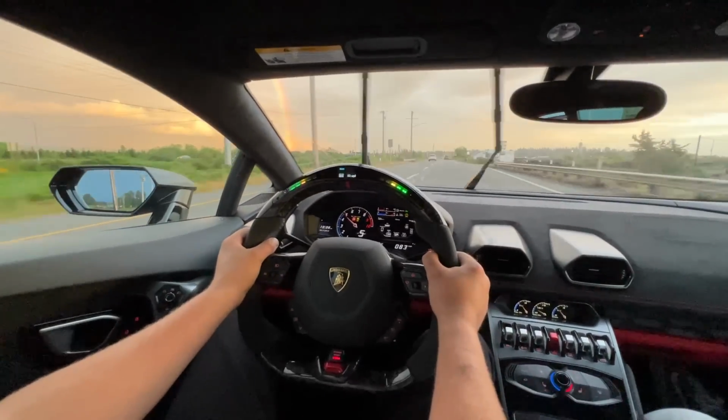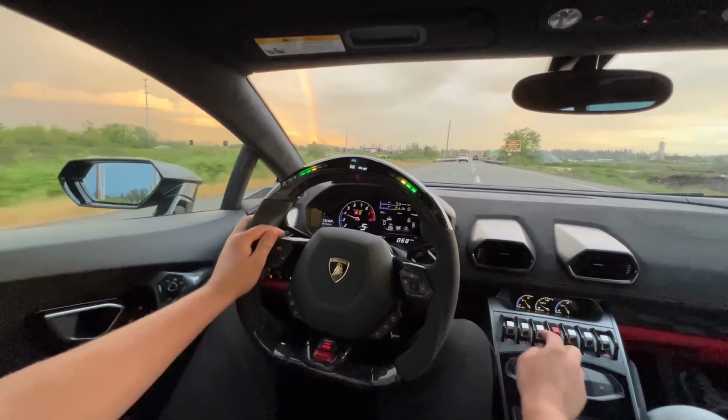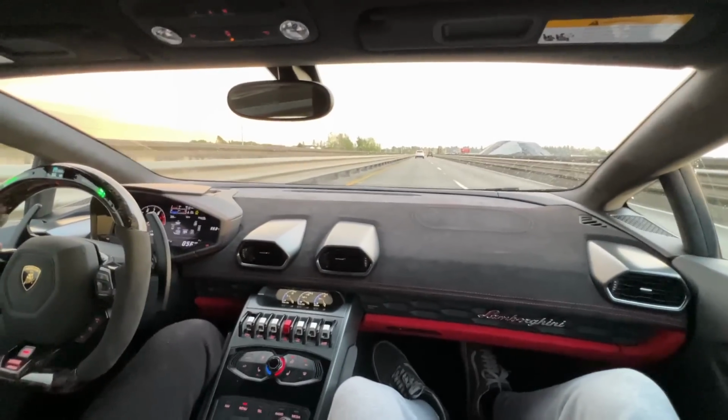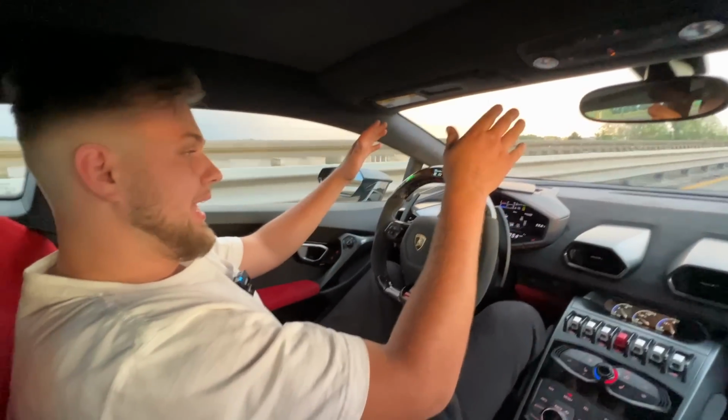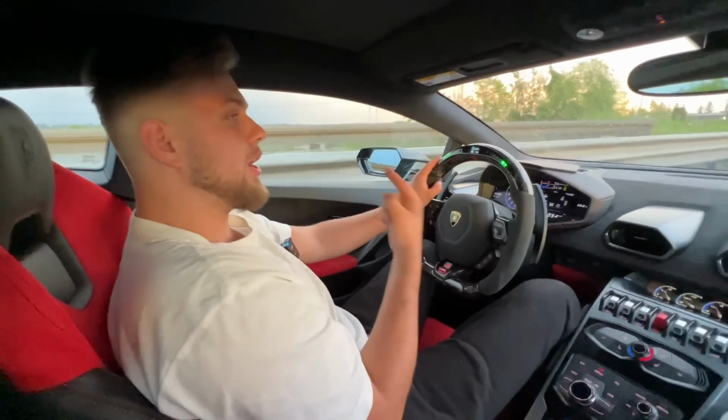Yo, I honestly think this steering wheel made it faster. I don't know what you guys are thinking, but this thing is just insane. We're gonna go ahead and turn that traction control right back on because it's a little slippery outside, you know? Let me tell you guys this, the steering wheel is the number one best mod you can do to a car,